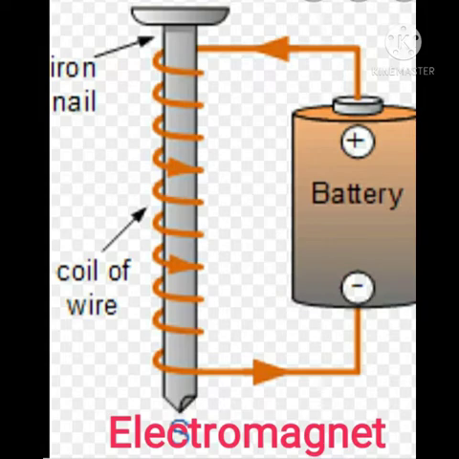The material used for electromagnets is a core of ferromagnetic material. Soft iron is used for temporary magnets, while steel is used for making permanent magnets. The strength of an electromagnet depends on the following factors. Increasing the current in the coil: if we increase the current in the coil, the strength of the electromagnet also increases. And increasing the number of turns of the coil, as it strengthens and concentrates the magnetic field more than a single turn of coil.